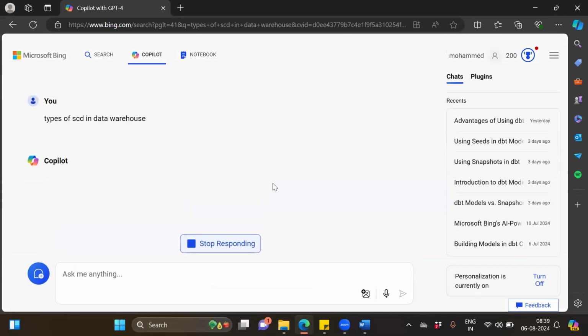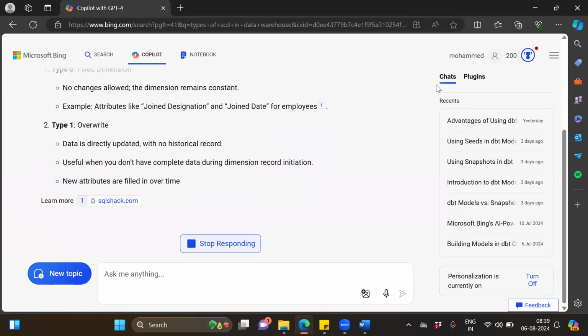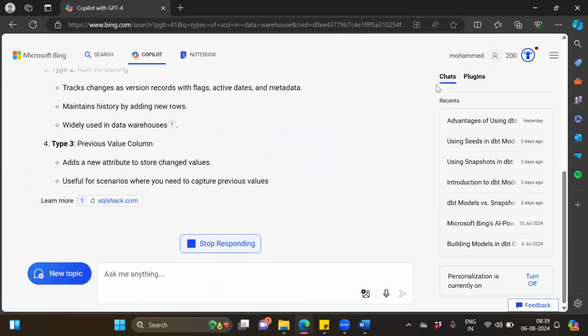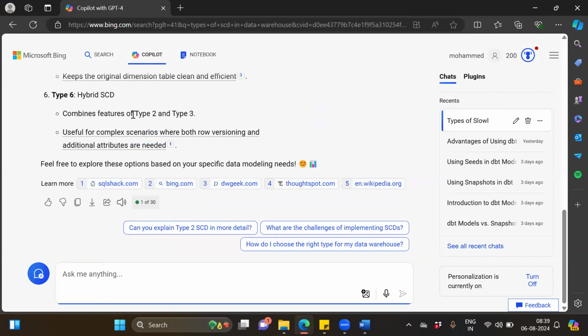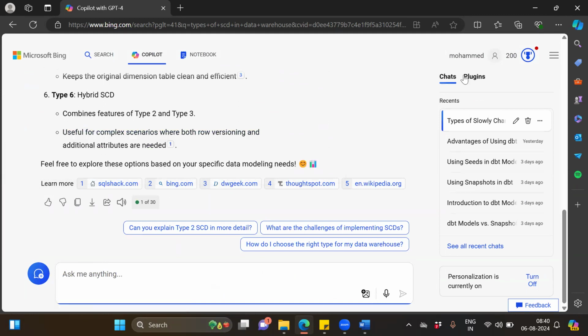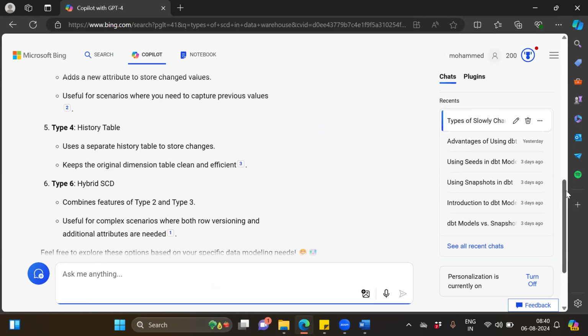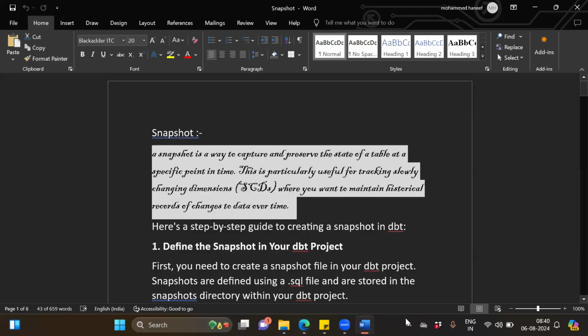In that, we mainly use type 1 and type 2 generally. But now we have different usages, like type 2, type 3. There are many things, but mainly it is a use case: how you are tracking the history of the data. That is very important actually. Now, here also, what we need to do, for example,